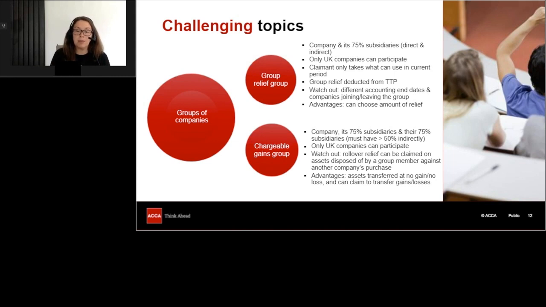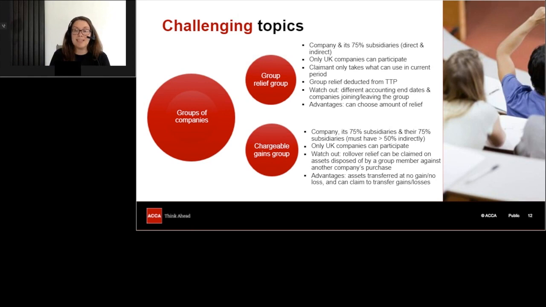So you multiply the shareholdings. So company A has 75% in company B, which has 75% in C. So you multiply 75% by 75%, and that comes out at a 56% indirect shareholding, so that's fine. And then if you multiply it then by what C has in D, which was 75% of the shares again, that brings you down to 42%. We're now below the 50% mark.